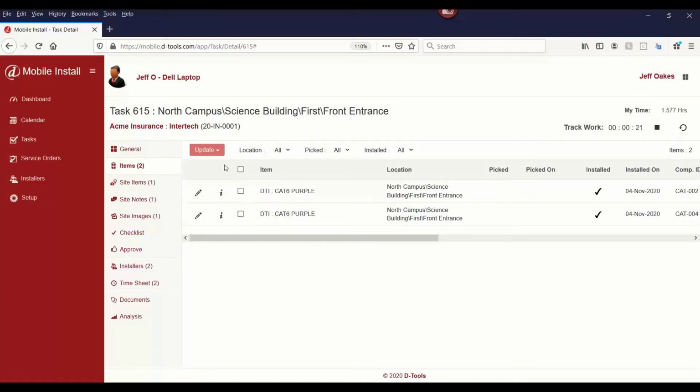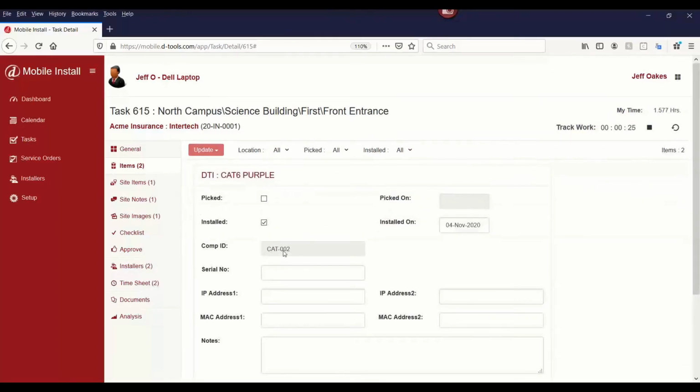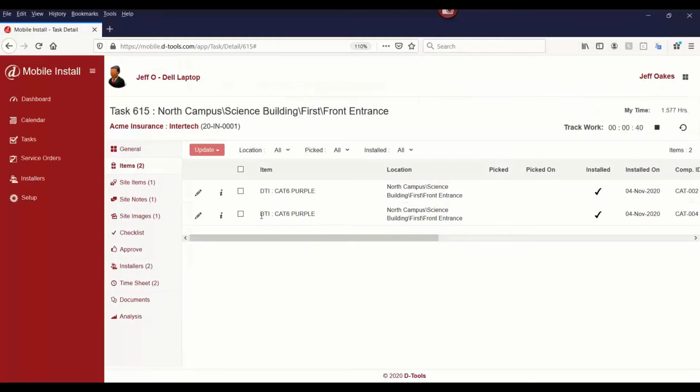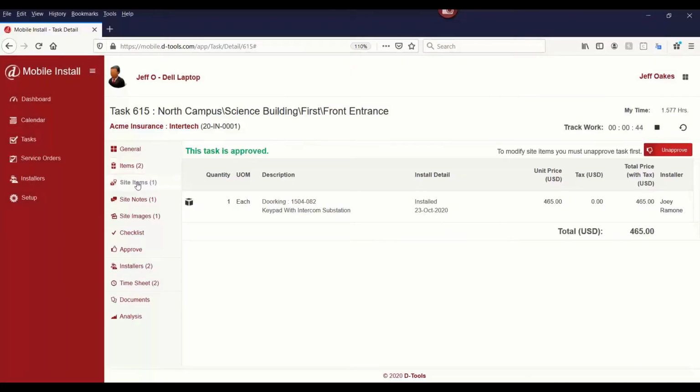Now we can also mark items as picked. So if you want to use this as a checklist for loading it up or staging it for the job, you can. And you can even go into the individual product details and either enter in things like serial numbers, IP addresses, MAC addresses, or those can be entered back in the system or scanned in earlier, and it can just be verified here out in the field. We do have the ability to also do site items here, so we can go ahead and